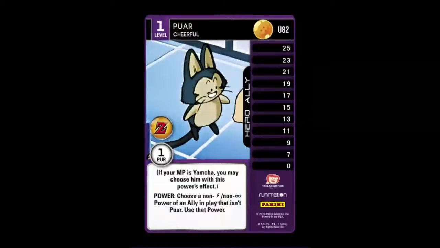I saw, and in fact built, a Protect Yamcha ally line early on. I had a blue Yamcha build that used some of the attack buddies, allies, and that's fine. Even if you don't just add Puar to that lineup,